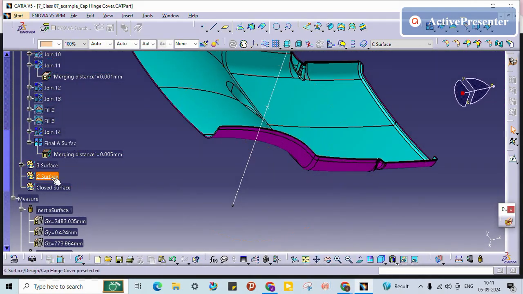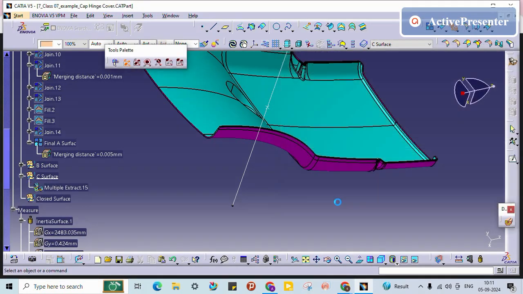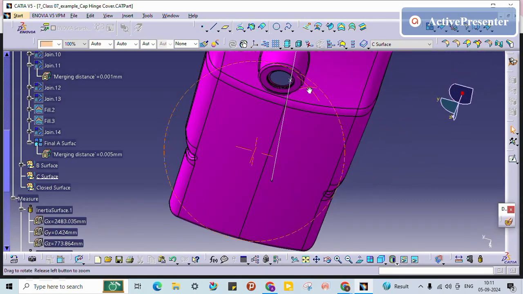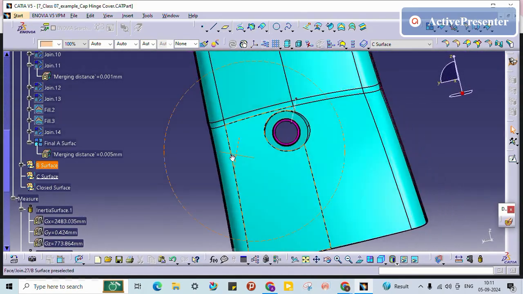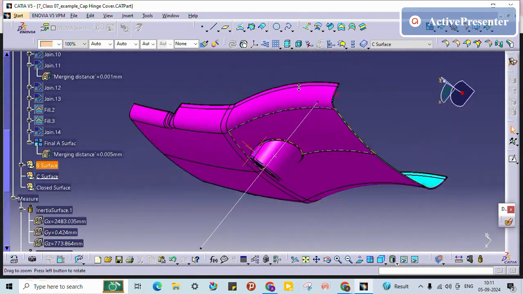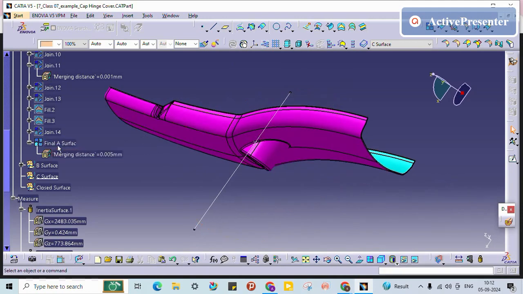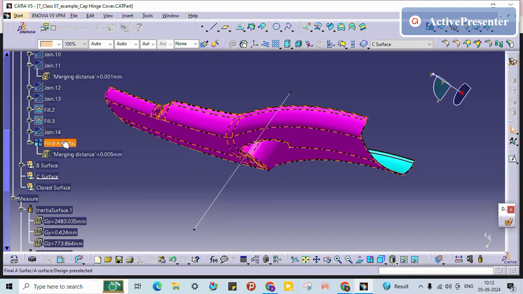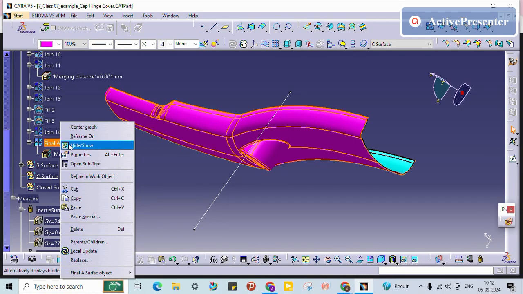Without that fillet, I will create a surface inside the C itself. Just for our learning purpose I am doing it. Otherwise, we should not do that. This is my A final. What I am going to do is